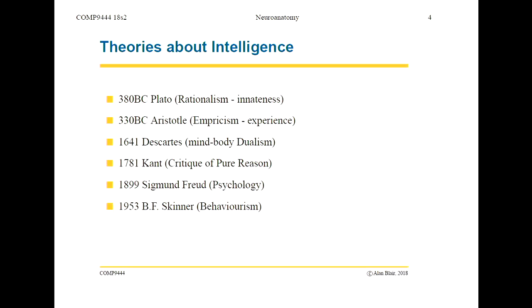So the field of psychology was basically started by Sigmund Freud. In 1899 he wrote his famous book on the interpretation of dreams. His big contribution was to point out the importance of the subconscious mind. He made us realize that there's actually a lot going on in the brain beyond what we're consciously aware of. It's only a tiny fraction of it that we really are aware of, and there's a lot of other computation going on underneath. And then we have Skinner